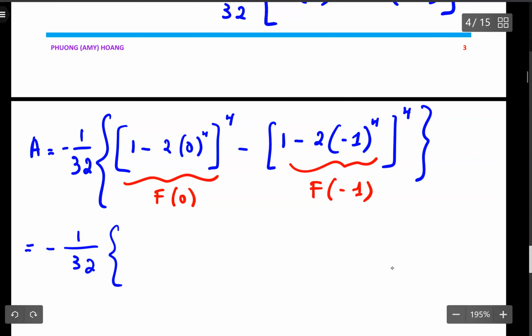So this is why I have 0 to the exponent 4 is equal to 0. 0 times 1 times 2 is